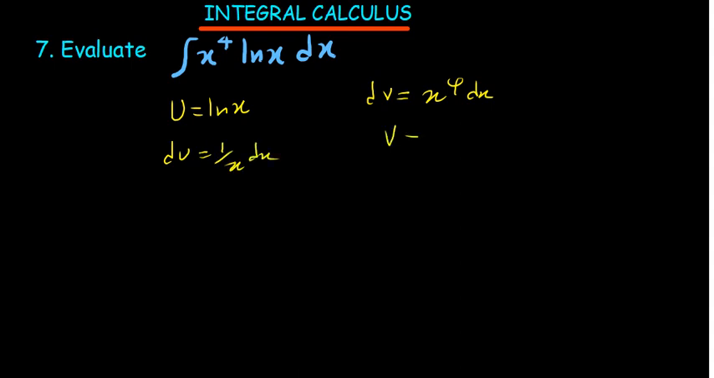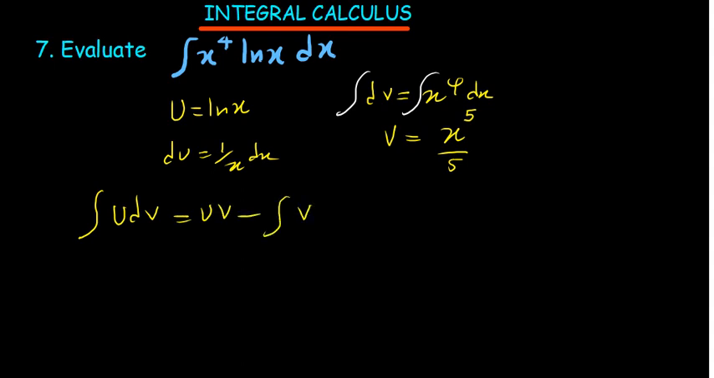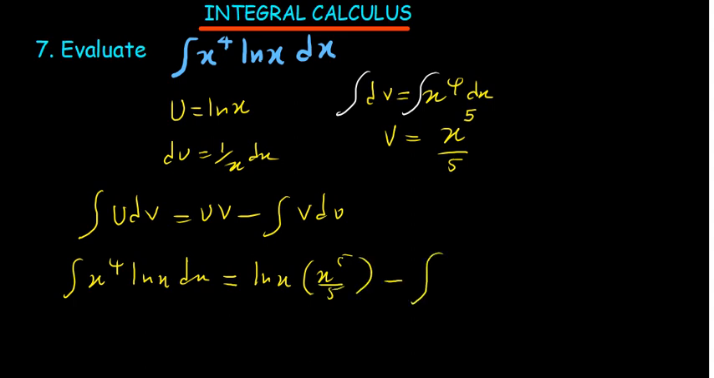And then v is going to be the integral of x to the power 4. What's the integral of x to the power 4? Just add the 1 to the power, that becomes power 5, and then divide by the same 5. So we get to write the formula integral of u dv is equal to uv minus integral of v du. And this is the integral of x to the power 4 natural log of x dx. That is going to be equal to u, in this case, is natural log of x. And then v is x to the power 5 over 5. Minus the integral of v, which is x to the power 5 over 5. And then du, we can see du, that is 1 over x